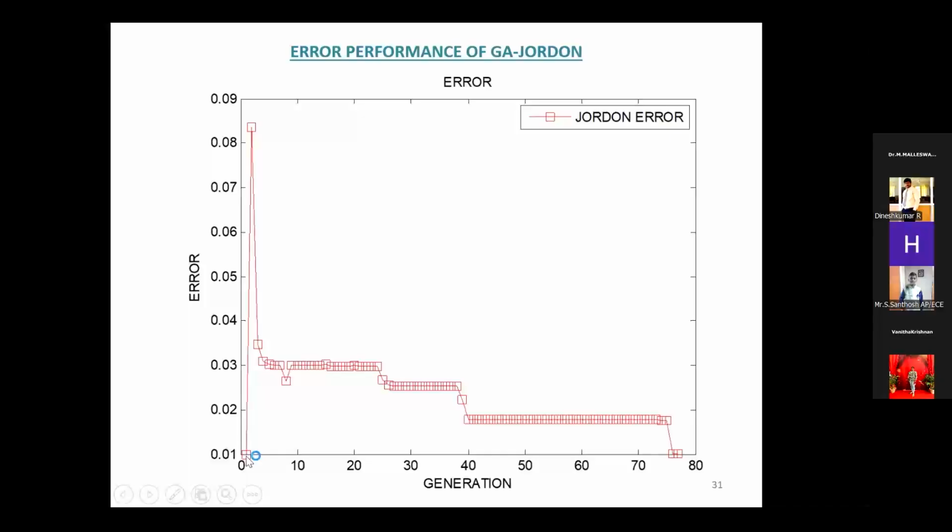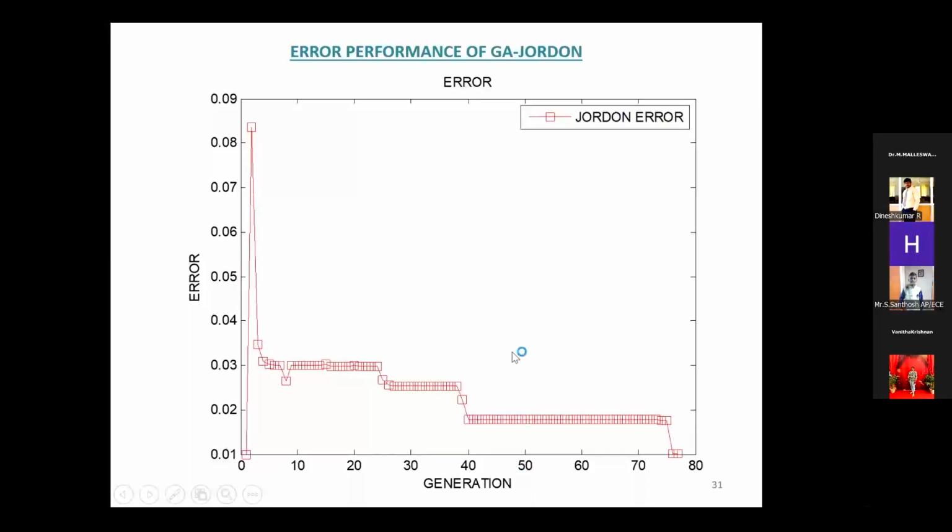What happens in the genetic algorithm is that first the error will be higher, and later the error will gradually come down, slowly coming closer to almost zero in the final iteration. In real time, it will never come to exactly zero. So once you have a training operation of the genetic algorithm like that, it shows that you have a proper genetic algorithm training process on the Jordan networks. Once we are confirmed with this kind of graph of error versus epoch generation,